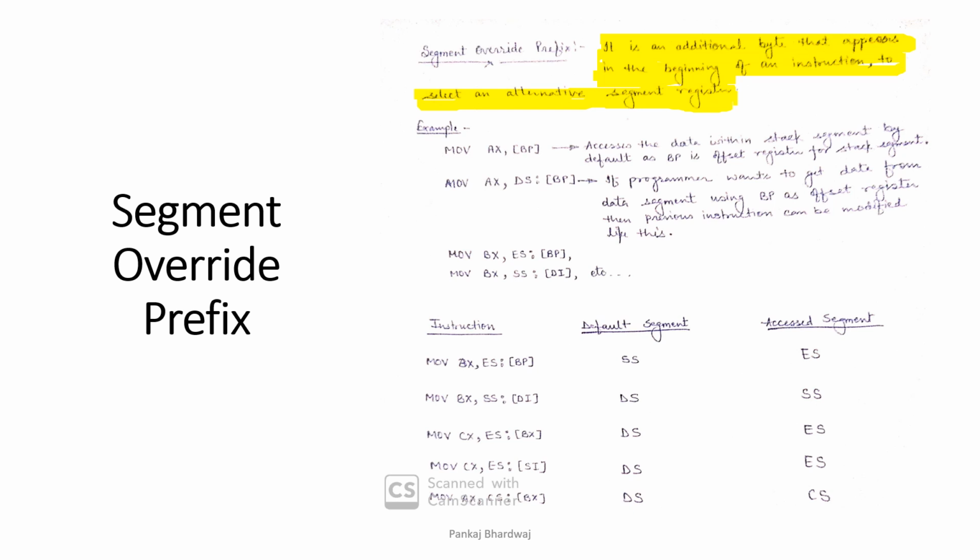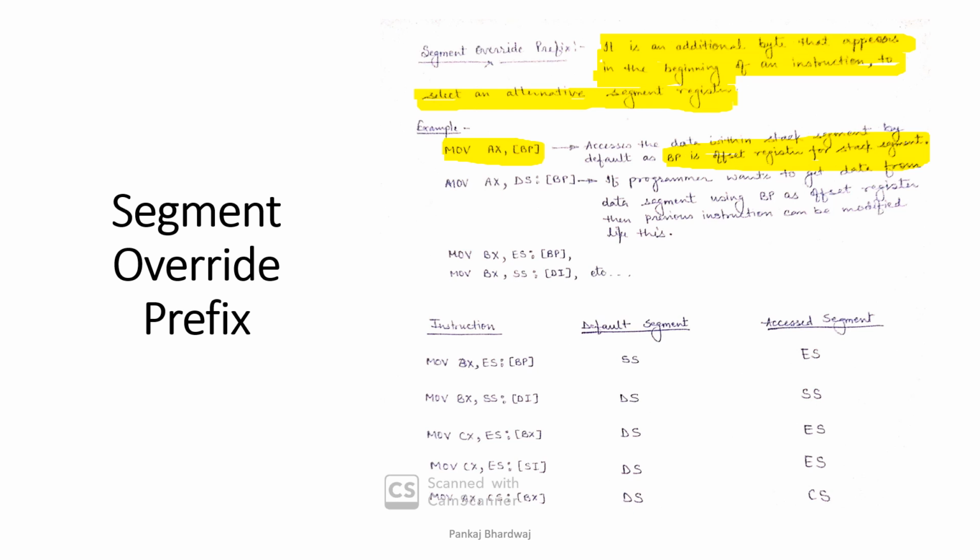mov ax comma bp. This is a command, mov ax comma bp, which means the data is moving to the AX register and the data is available in the memory. The memory address is given by BP, that is the base pointer, and as the base pointer is associated with the stack segment, BP is the offset register for the stack segment. That means by default it is related to the stack segment. So the stack segment will have an offset value from which we calculate the physical address of the memory, and from that physical address in the stack segment we get the data which is moved